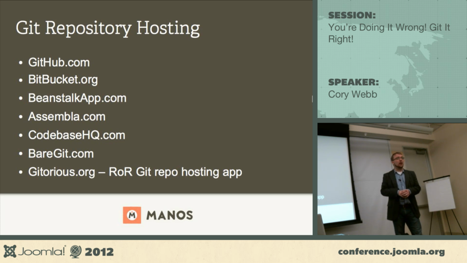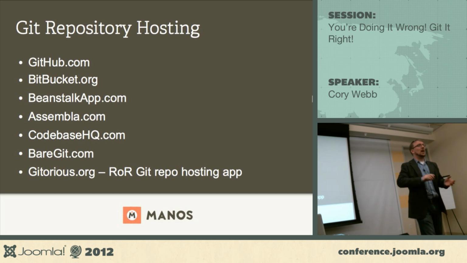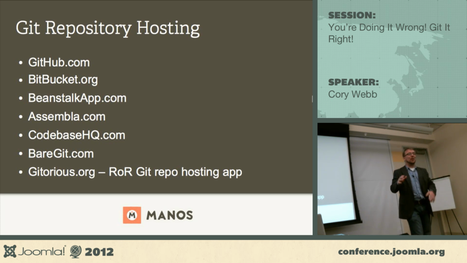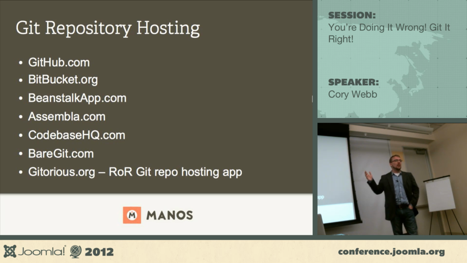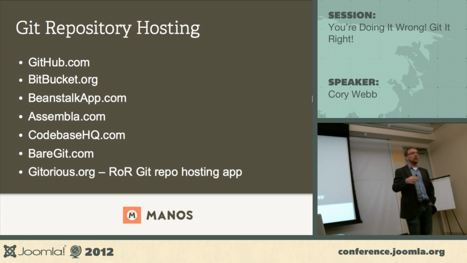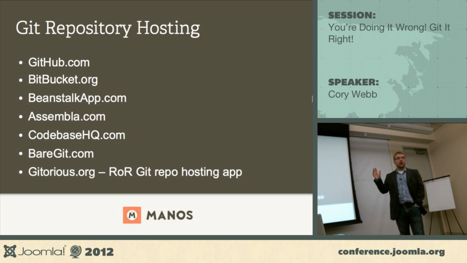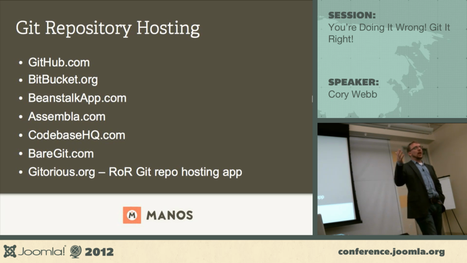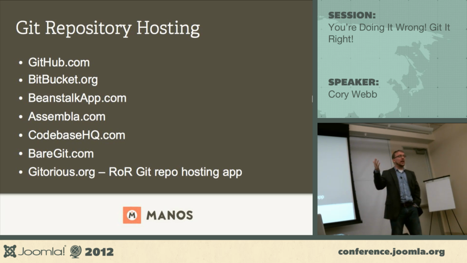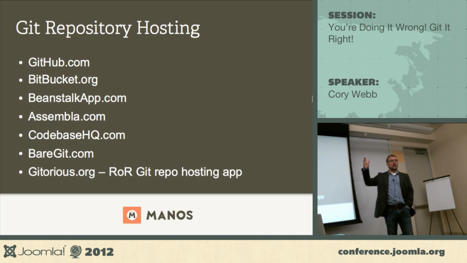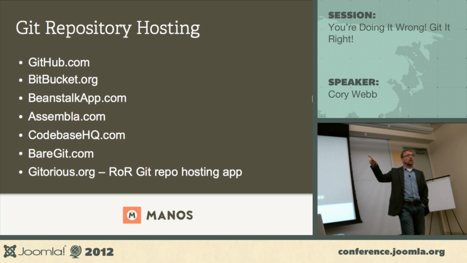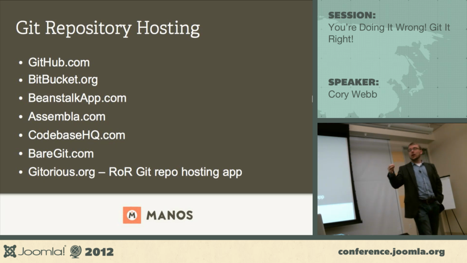And that's great for Joomla. If you're building a site for your client, they may not want you to have their repository out in public. So you actually pay a fee to GitHub, and you can do private repositories. It's all really secure. It uses private and public key encryption, and so yeah, it's really secure. Bitbucket.org is an option that's free up to a certain number of users, I think 5 users. Beanstalk app, this is what we use because it's got some really cool deployment tools.